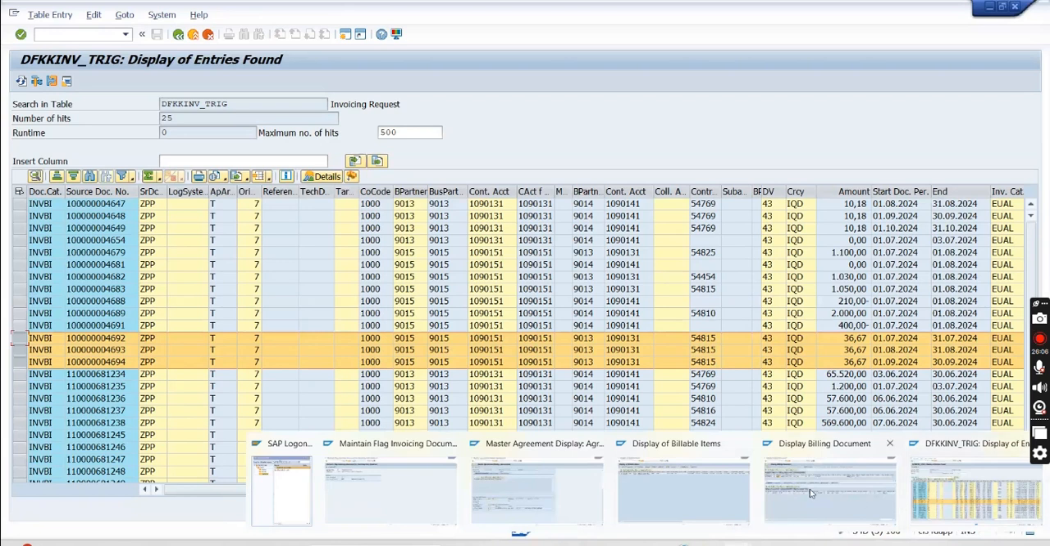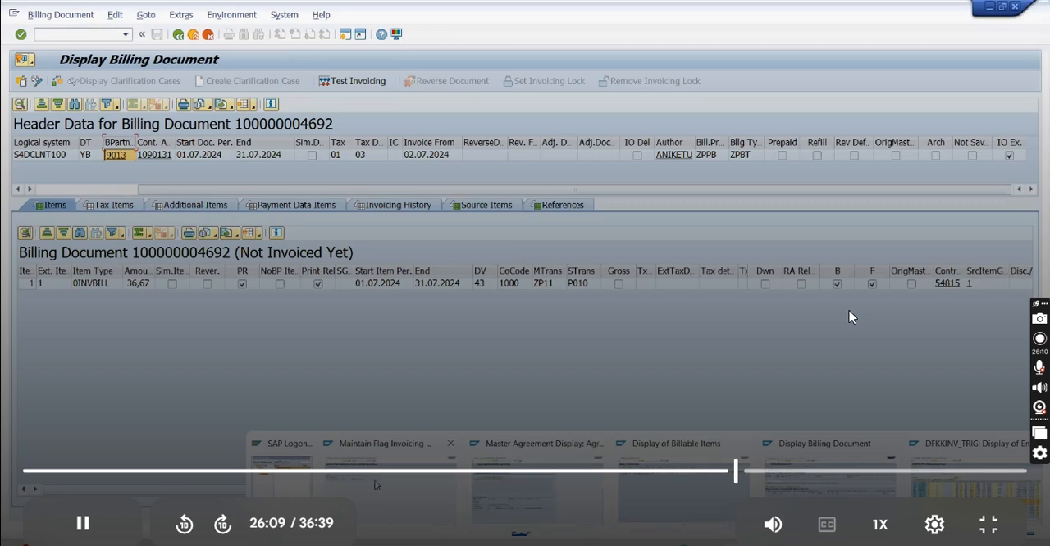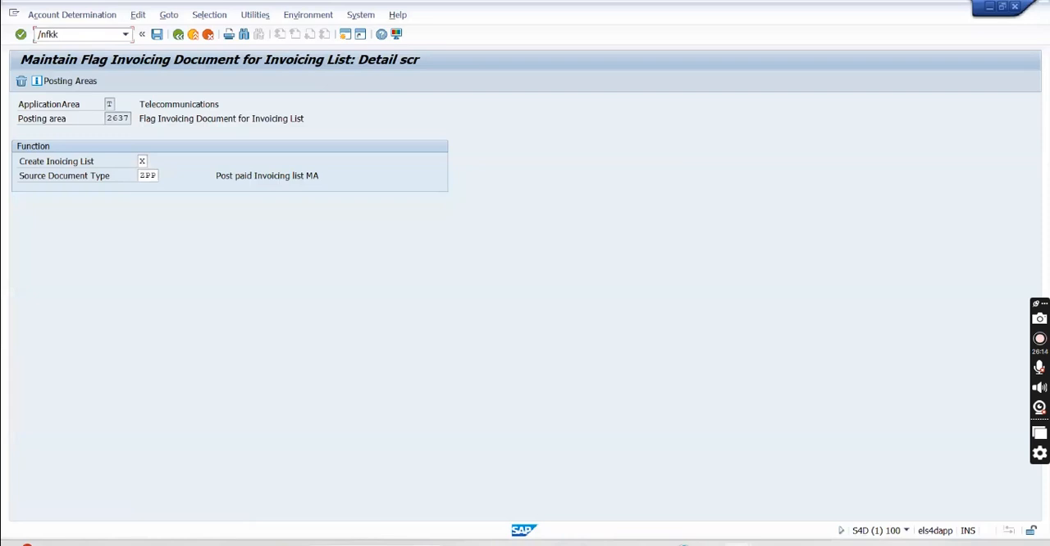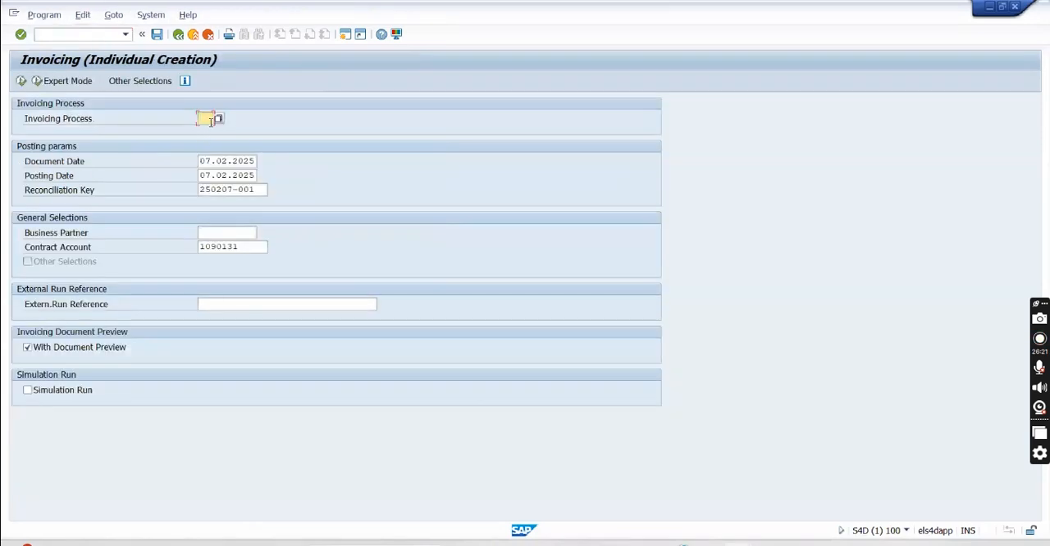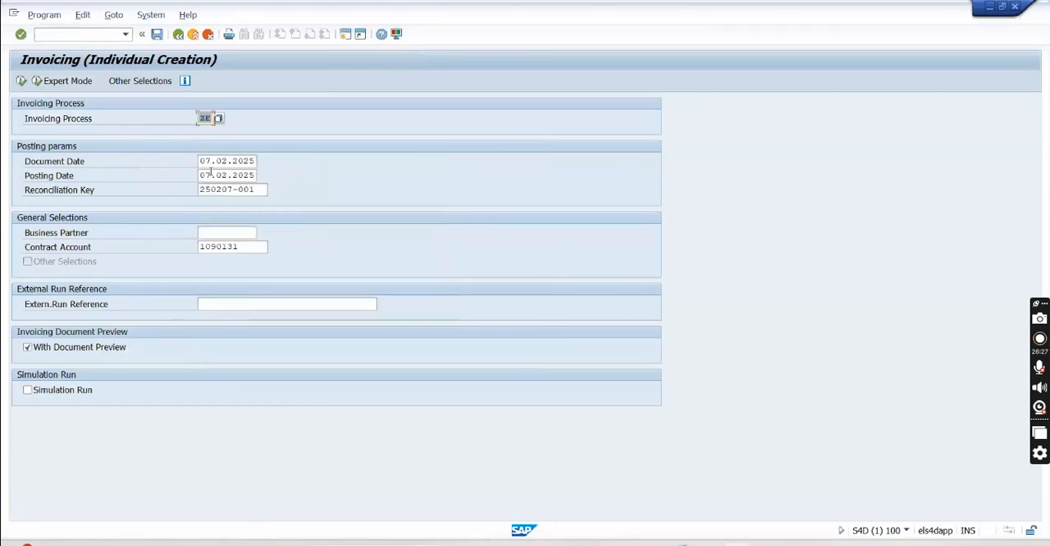I'll do the invoicing from billing is done. I'll do the invoicing from /n fkk in inv_s. Okay, so my invoicing process is ZE in this environment, document date. So three invoices I'll generate: 27, 28, and 29. Okay, so 0207 2025, 0207 2025. First one I'm creating,